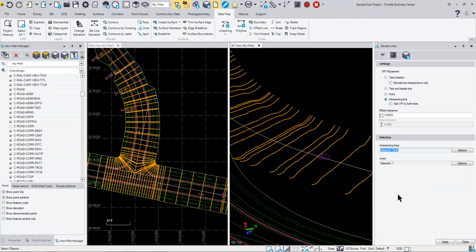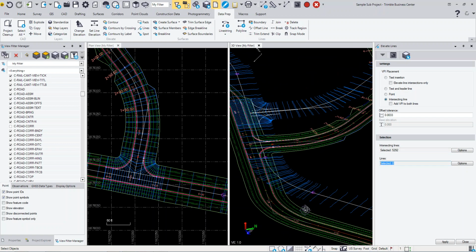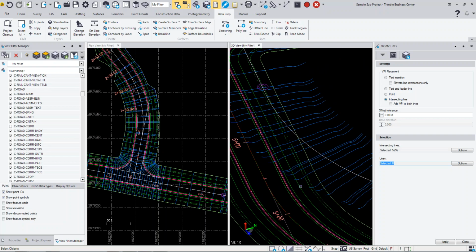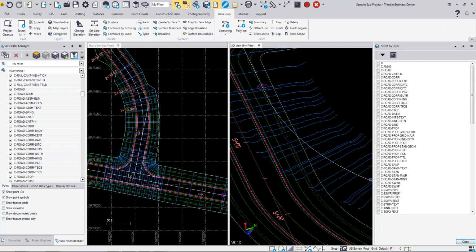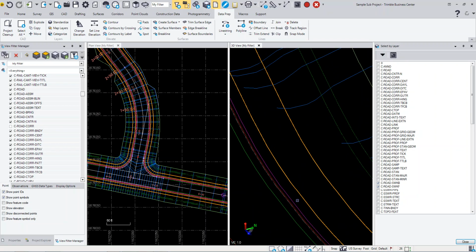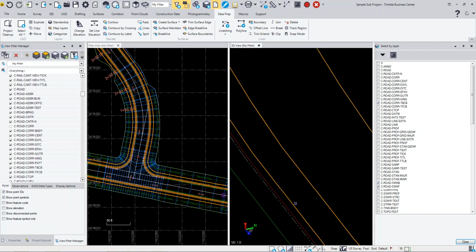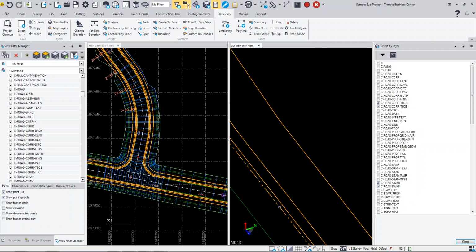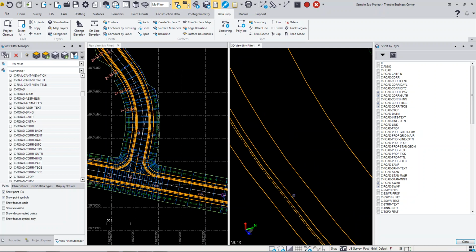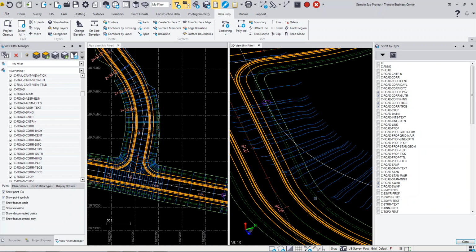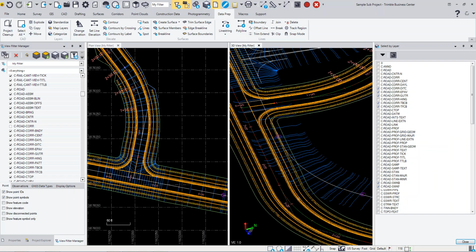And then for the lines that I want to elevate, I can also do that by layer. So what I can do here is pick by layer, and I can pick the objects from the screen here. So I can pick my sidewalk, I can pick my back of curb, and it looks like my gutter line, my flow line, and my edge of pavement. So I can grab all of those. I can even grab my ditch, and if we click close,